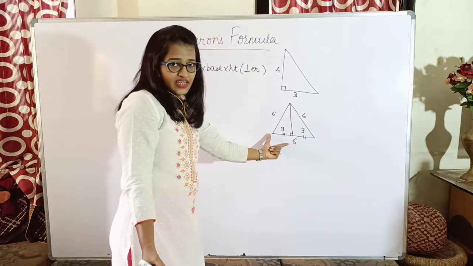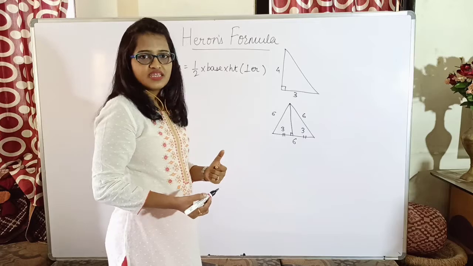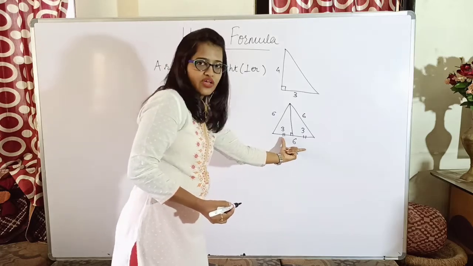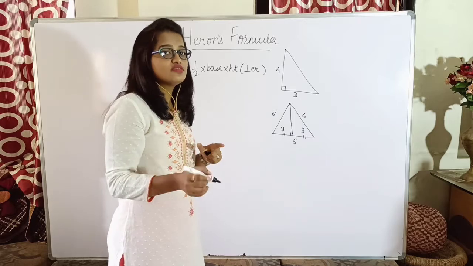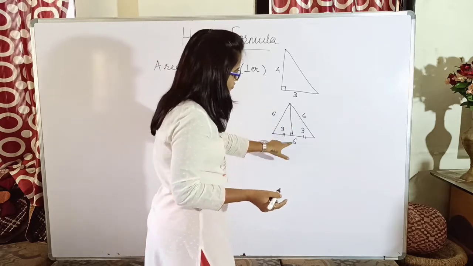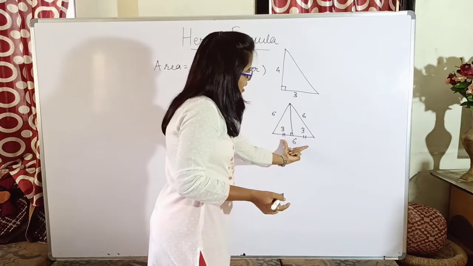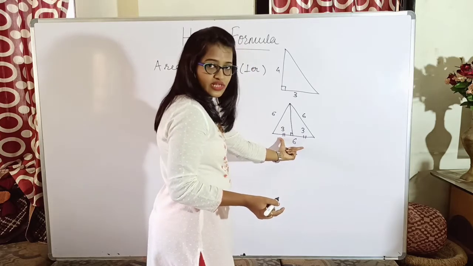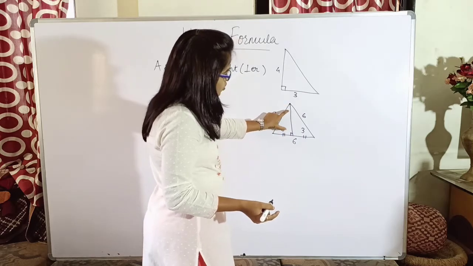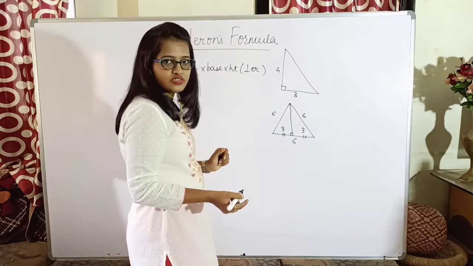for finding the area, definitely I should be knowing the base and the height. The base I do have. Height means the perpendicular height which is falling on that respective base. So if I have to find this length, I should be knowing this base. Yes, do I know? Yes, I do know that it is 6. Whereas I don't know what is the perpendicular height for this triangle.